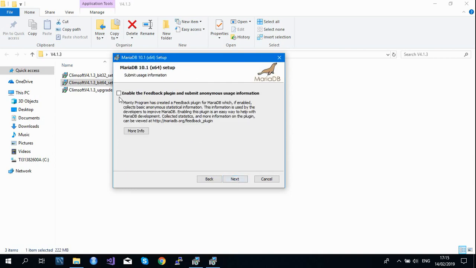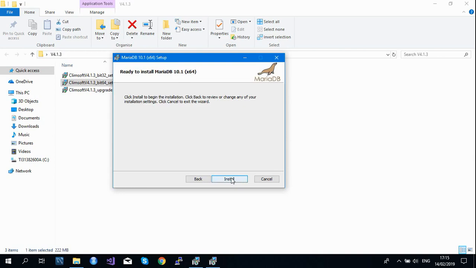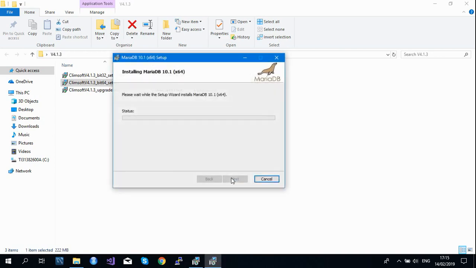You don't need to tick this one because we don't need to give any feedback. Click next to install the database management system. It will take some few minutes depending on the speed of your system.